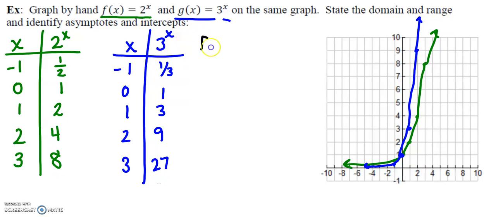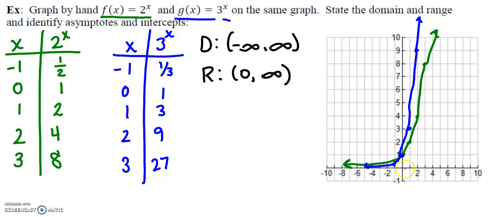So thinking about our domain for an exponential graph, it is -infinity to infinity. You can raise that base to any power. Our range is only going to be from 0, not including it, till infinity. And our reason for that is, again, if you take a number raised to a positive, it's going to keep going up to infinity. If you take a number and raise it to a negative value, it doesn't ever actually become negative. Instead, you get a smaller and smaller fraction getting closer to 0,